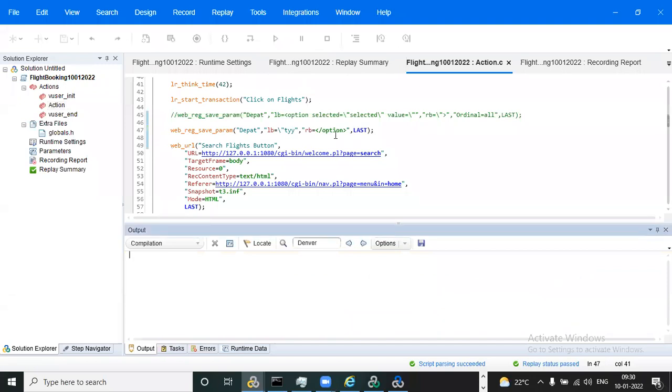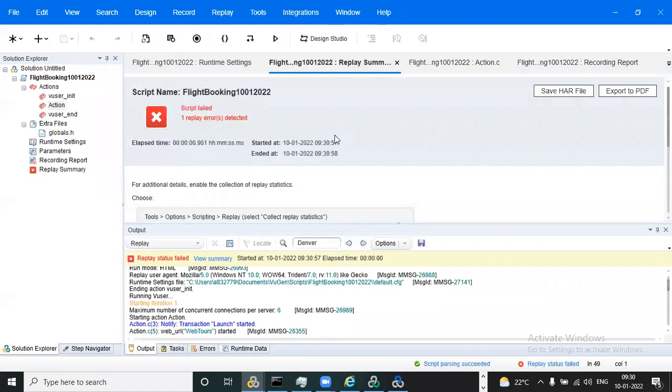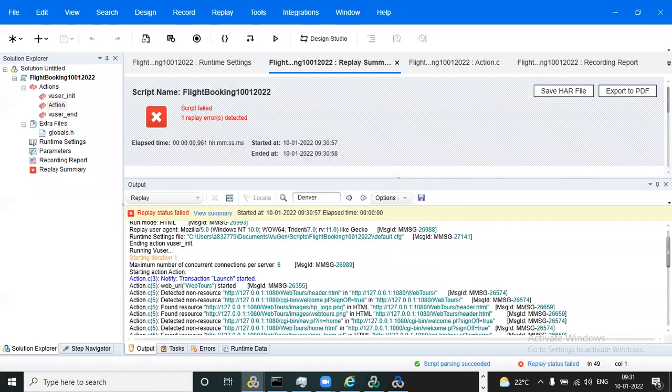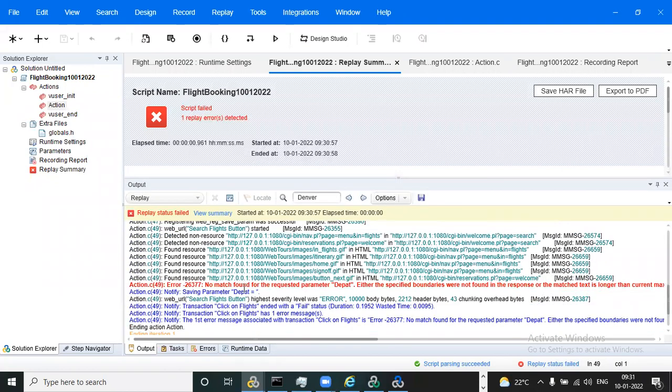Now we can observe. See, it throws an error. What is the error? No match found for the requested parameter.